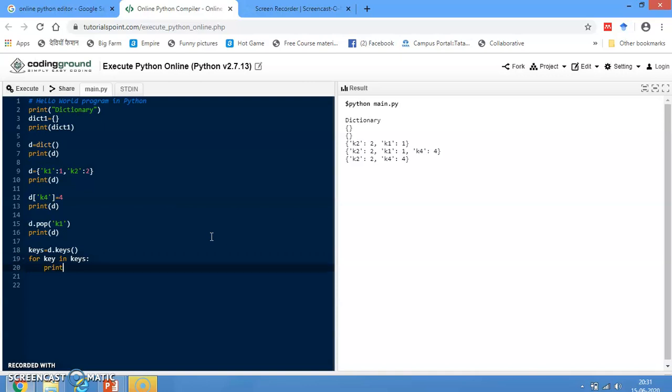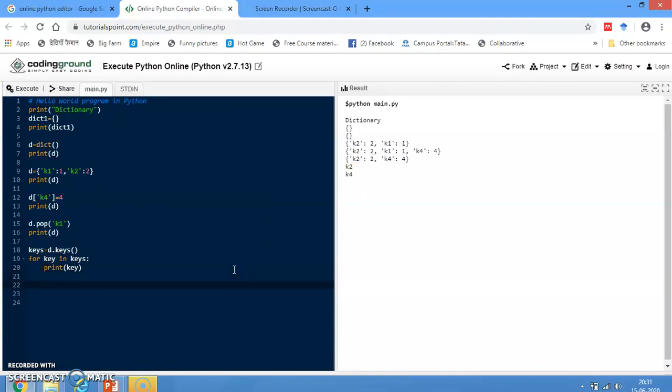So print key. Because now the dictionary has only two values, k2 and k4, here I am printing only keys, so k2 and k4 are the keys.